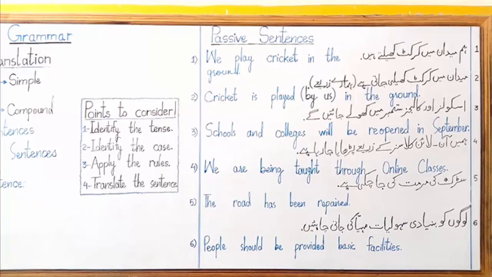You can see that in Urdu sentence I have written हमारे ज़रिए under the brackets. Same as in English sentence I have written by us under the brackets. The reason why, because in passive sentence we rarely use agent, which means by plus doer of action. Otherwise we use passive sentence without that agent. If you are asked in examination or in your test that you have to mention the agent in passive sentence, then you will use by and whatever the doer of action there is.